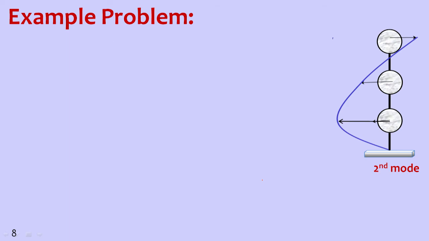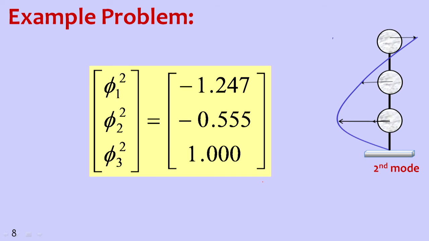So when I plot this one, you can see that I will get 1 on the rooftop as 523, and then the second one at the second floor, which is 522. Because of the negative sign, it is on the left hand side, 0.55, and then the third value at the first floor, which is the highest. If we look at the absolute magnitude, it is 1.247, but since it is negative, we are drawing it on the left hand side as 521. So this was the second mode.